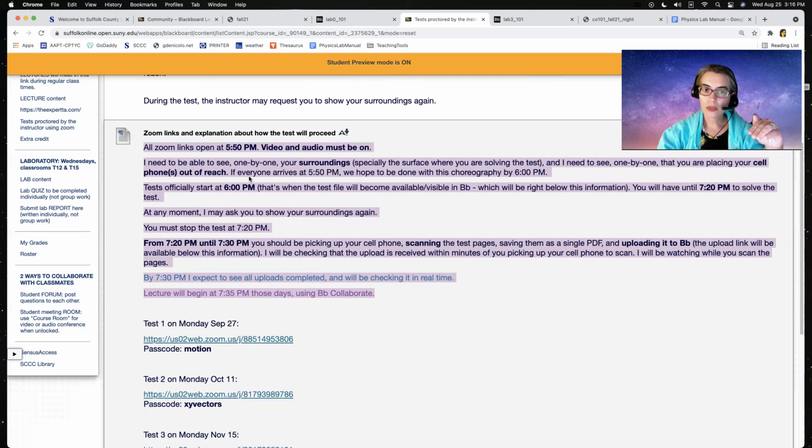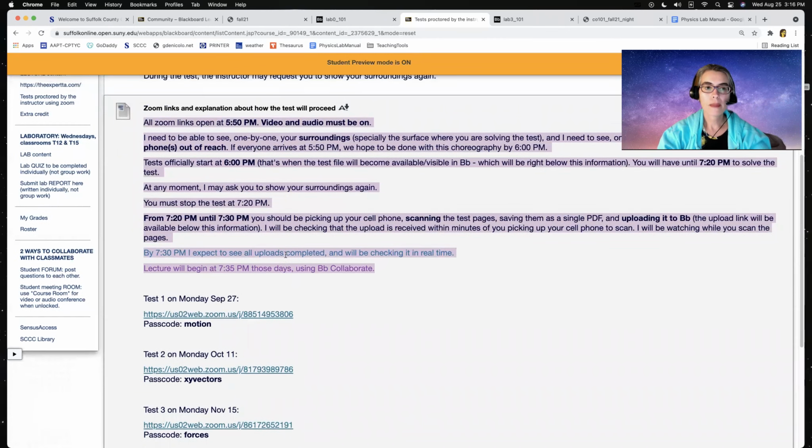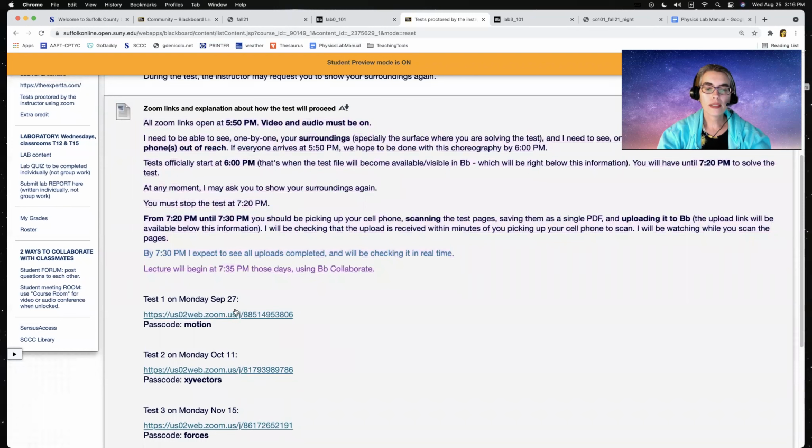So what I will do is the Zoom links, you're going to click on these links on the day of the test. So test 1, you're going to click on Monday, September 27 on this link. It's going to ask you for a password, a passcode. You type, it's called motion in that case. And then the link will be available at 5:50 p.m. Okay, so I expect all of you to get in a few minutes earlier so that we can set a